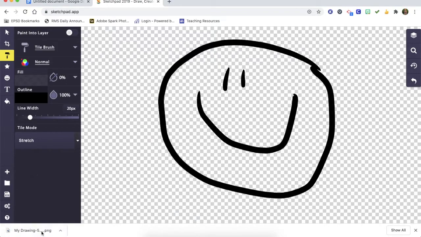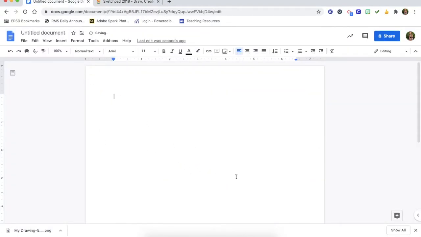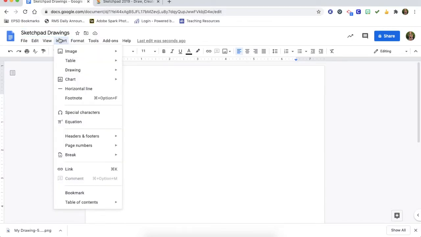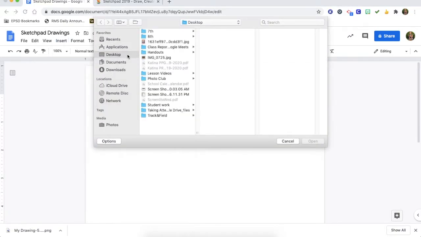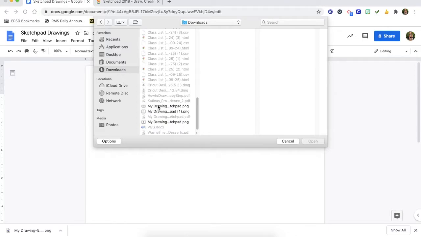Now most of the time on Chromebooks it will download, but you won't have this option where I can drag it to my desktop. What you might have to do is go to a Google Doc. I'm going to name this Sketchpad Drawings. Okay. And then I'm going to insert an image from my computer, and you might have to go to downloads. That's where it just downloaded, and it should be,